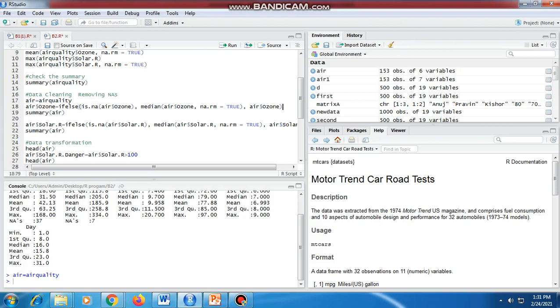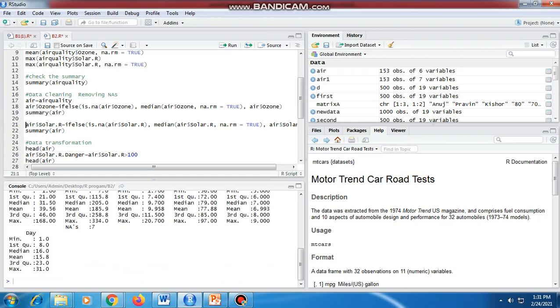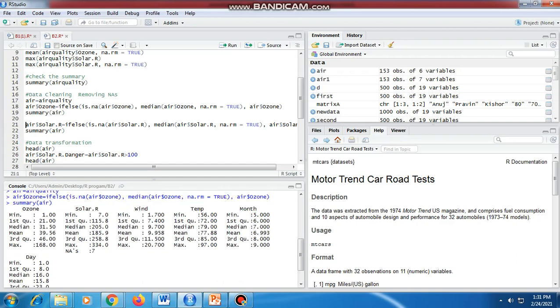Then we find the summary of air. Here, as we removed NA, it shows the summary of air without NAs.